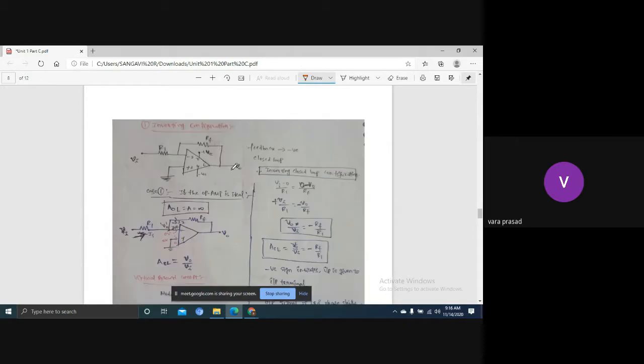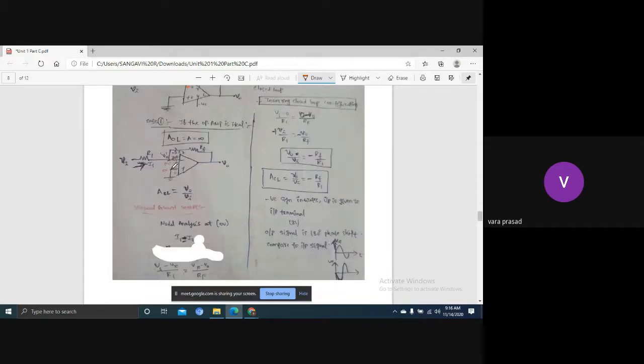Now the inverting amplifier, or inverting configuration. Check it. Here Vi is there, right? Here at the inverting input we are applying Vi, and the non-inverting terminal is the ground. It's the same circuit only. Here also the virtual ground concept applies. When we apply the virtual ground concept, I is equal to 0. Here is 0 volts, here is 0 volts. Apply the nodal analysis here.